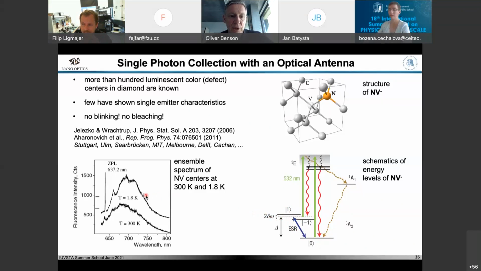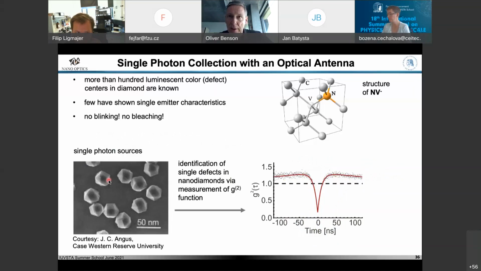If you take a look at the emission, it's a rather broad emission. This is the 300K emission of the fluorescence light. Maybe if you send just a green laser on it, some reddish type of fluorescence is coming out here. And this is the emission at low temperature. The important emission is here at the zero phonon line, so an emission where no phonons are involved. So this is a very clean, narrow emission, like the emission maybe from an atom where you have no interaction with the environment.